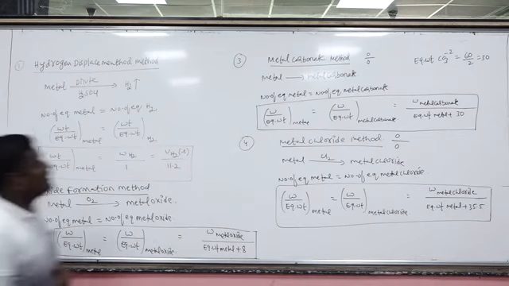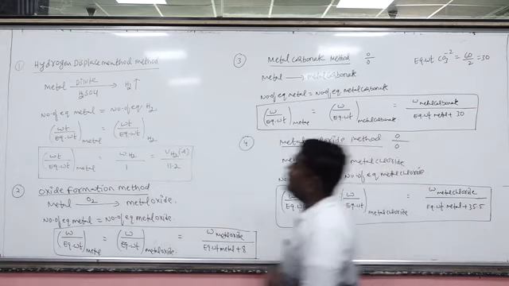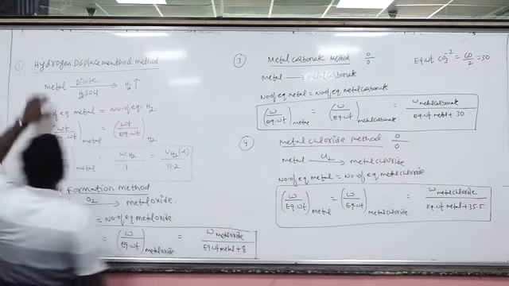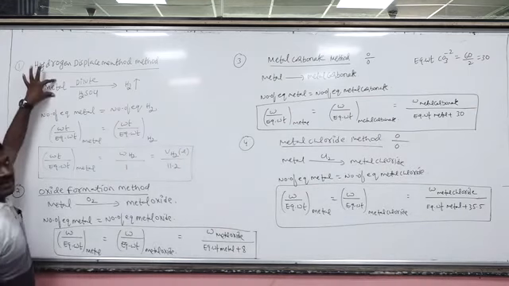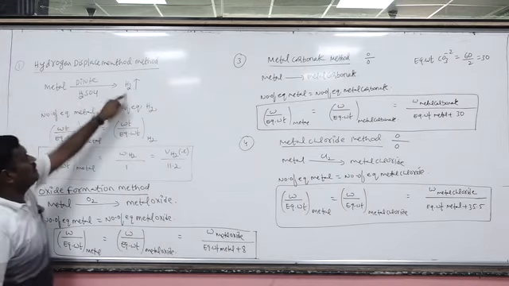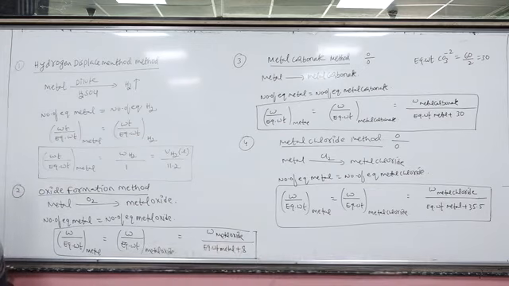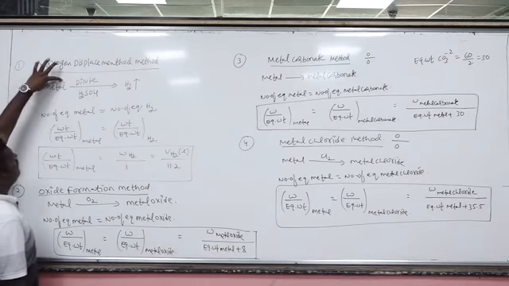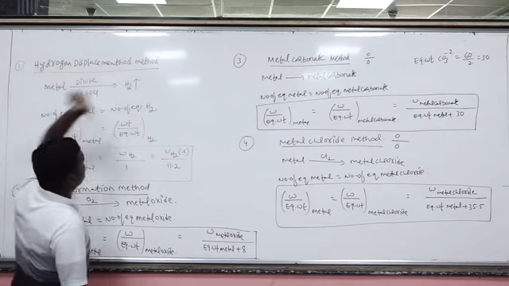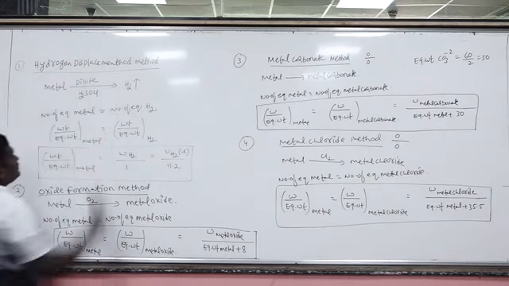Now there are some methods to calculate the equivalent weight of an element. Number one, hydrogen displacement method. Suppose active metals like alkali metals and alkaline earth metals are treated with dilute mineral acids, they displace the hydrogen. Now, the law of chemical equivalence states that the total number of equivalents or milli-equivalents of all reactants will be equal to that of all products. So I am equating the number of equivalents of reactants and products.